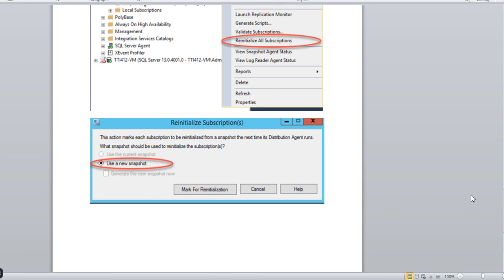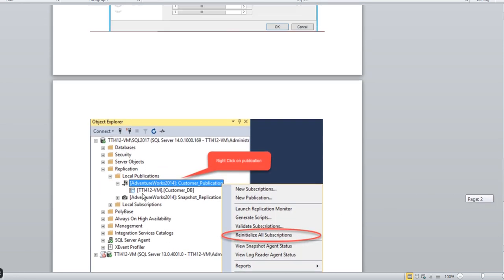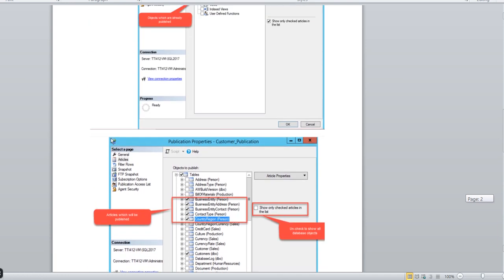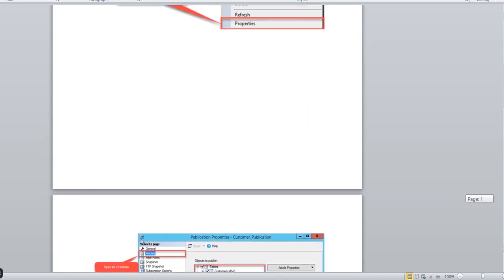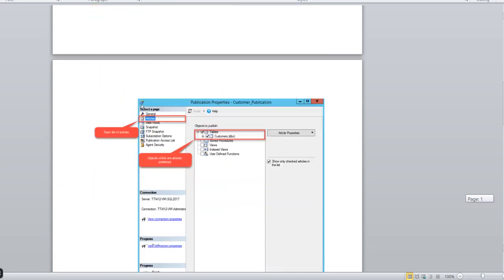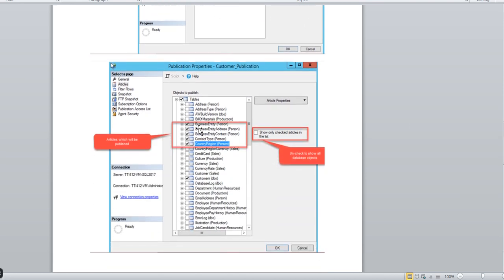But adding the articles with this approach is really not a good approach. Actually, it's the worst approach. Why? I'm telling you. You are going to add new articles here. Let's assume an article is already added in your replication setup and it is a quite critical table, and its size is also in terabytes. Now you are going to add articles with this method by Management Studio, by simply selecting the tables